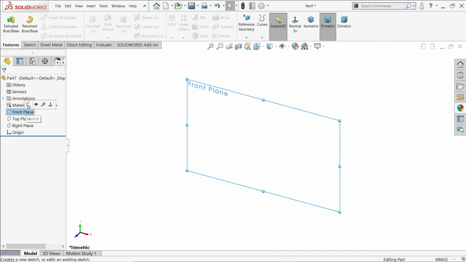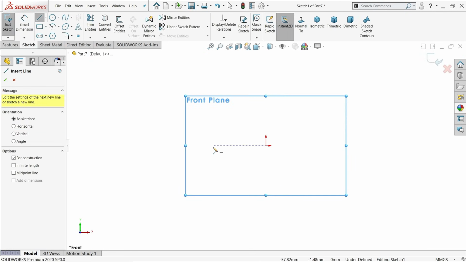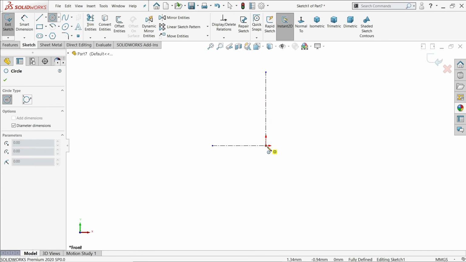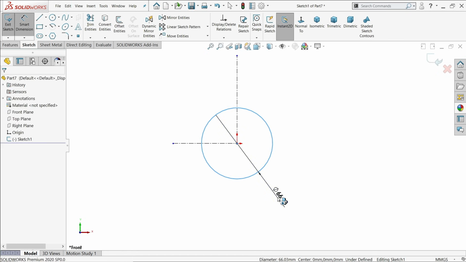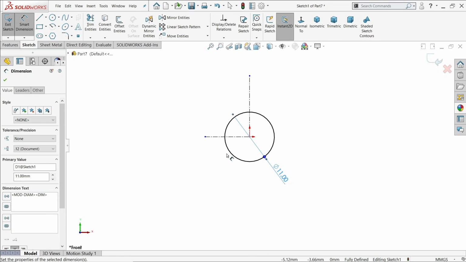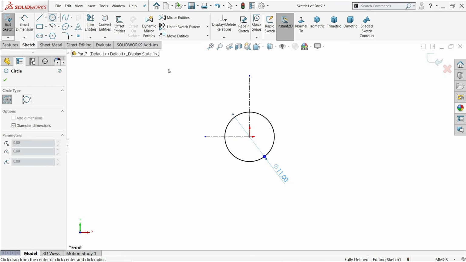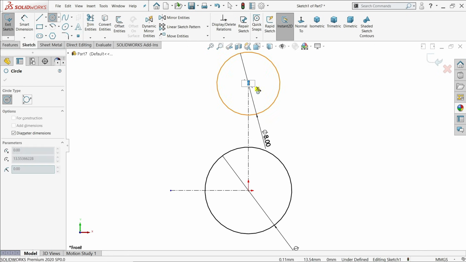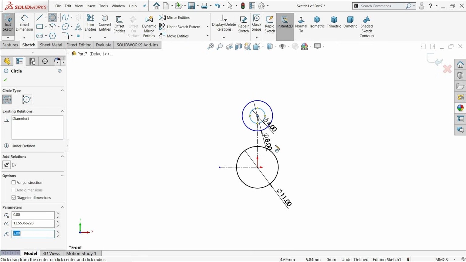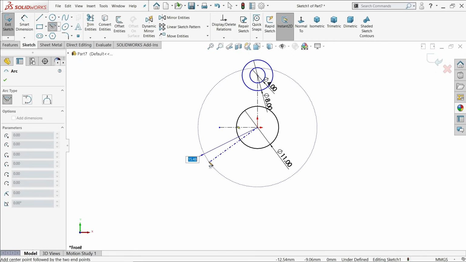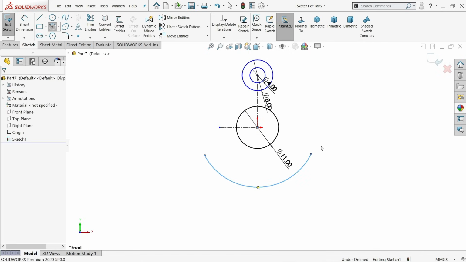Next part is the crank. Okay. This hole. Now this diameter is 11 millimeter. Let me choose one more circle, and this radius or diameter is 8 millimeter. Then inside there is one circle, 4 millimeter. Center point arc,